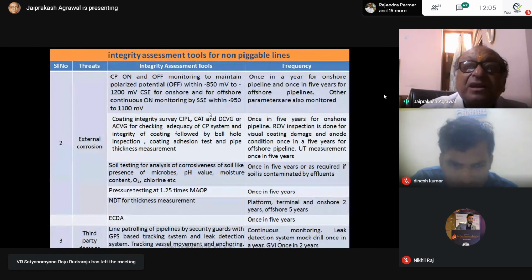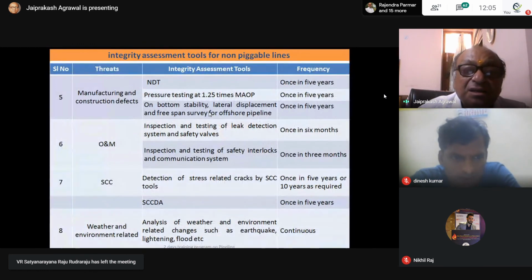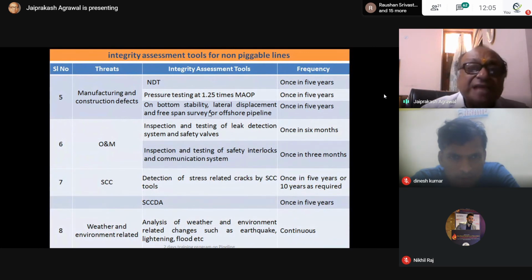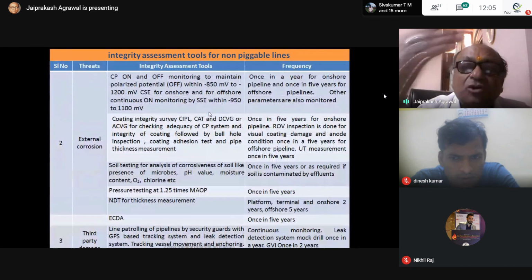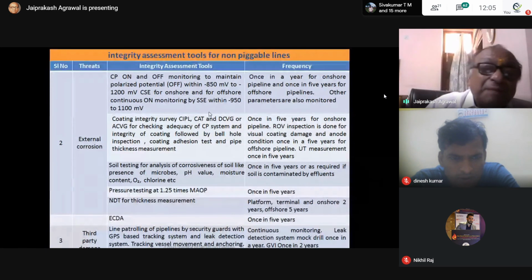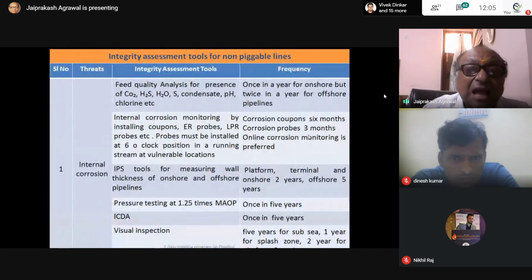So then we come to the section on defect entity ONM. This is for non-piggable. Next is the same. Only in the non-piggable pipeline you cannot do the inline inspection, but you can use that IPS tool for measuring wall thickness of onshore and offshore pipeline.